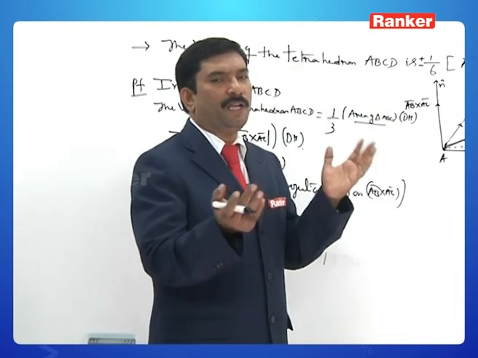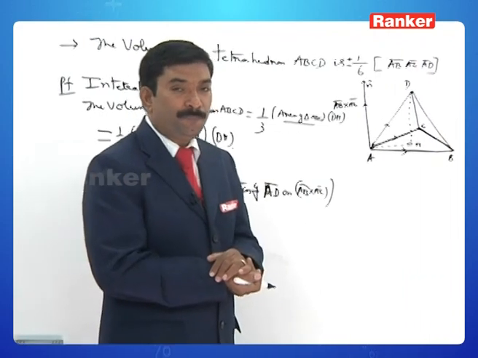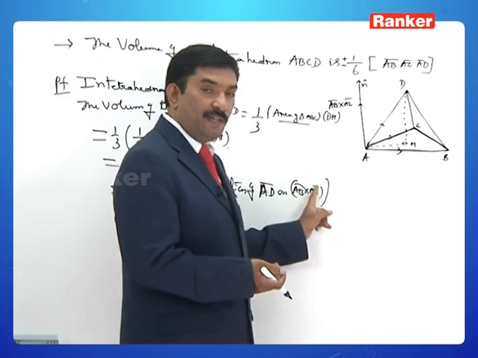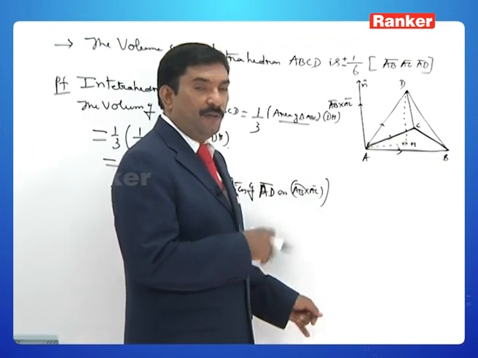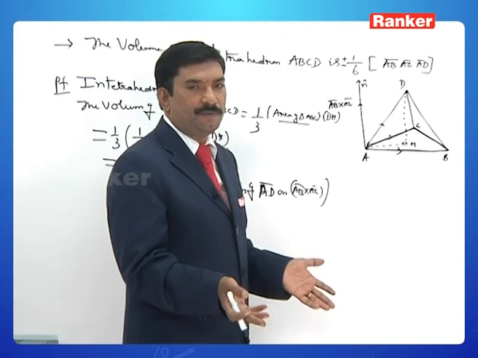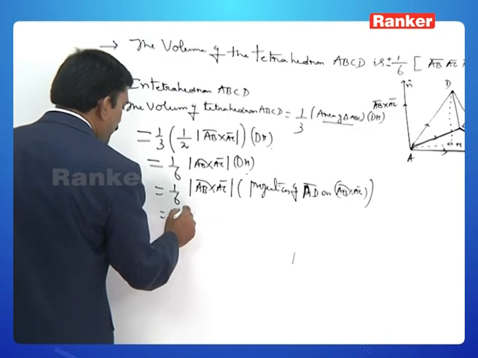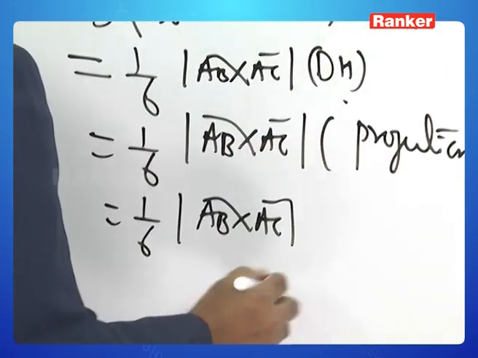But on N cap, AB bar cross AC bar is collinear. So therefore, now projection of AD bar on AB bar cross AC bar: if they are in right-handed system, positive; if they are in left-handed system, negative. Okay. So therefore, I can write half into 1 by 6 into modulus of AB bar cross AC bar by